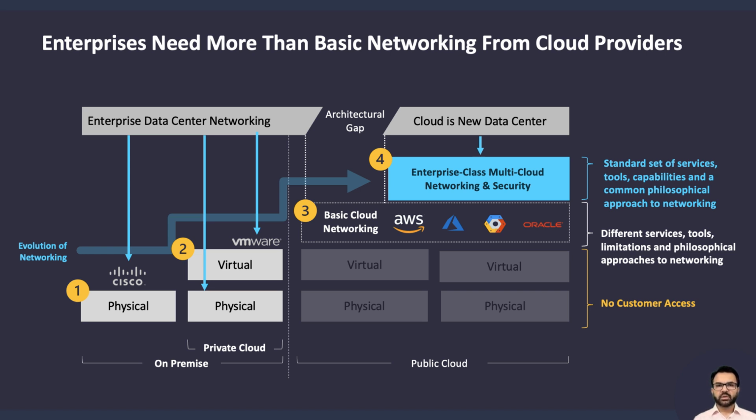In the public cloud, you cannot touch or even see the data center. Cloud service providers give you managed services such as AWS Transit Gateway, Azure Virtual WAN, and Google Cloud Network Connectivity Center that are running on some shared infrastructure under the hood.